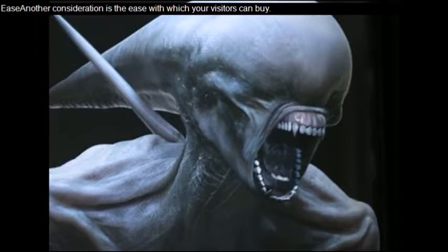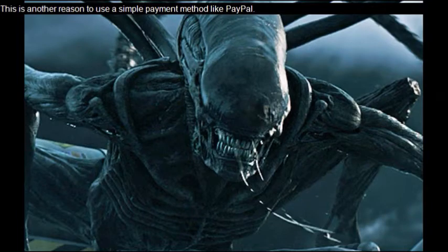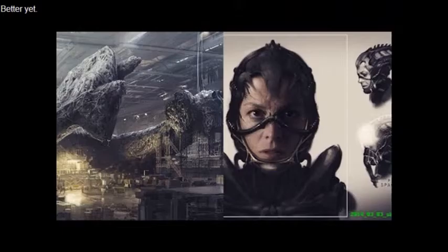Ease. Another consideration is the ease with which your visitors can buy. Most people buy based on an impulse rather than a logical consideration, and if they have to spend a lot of time fiddling with payment details, then you may lose that advantage. This is another reason to use a simple payment method like PayPal. Better yet,